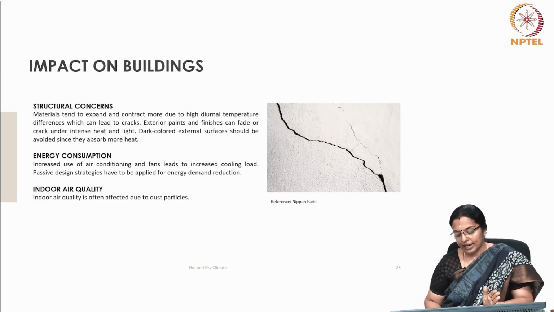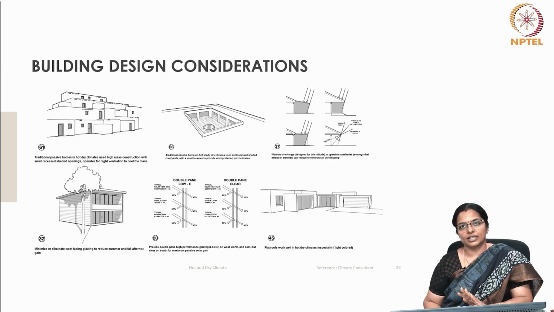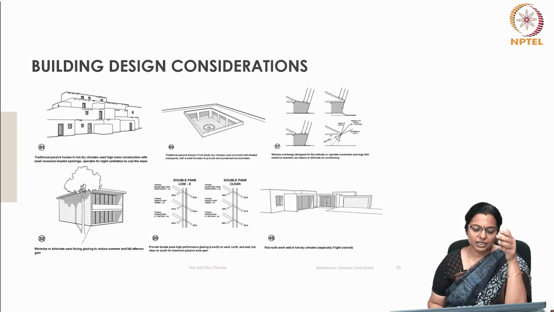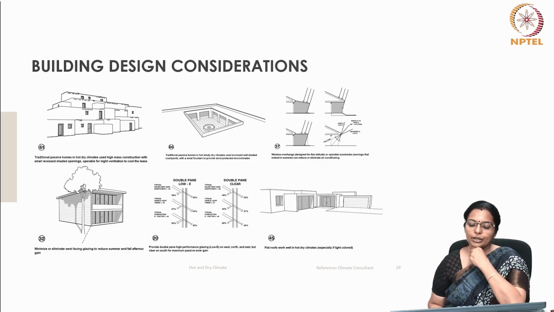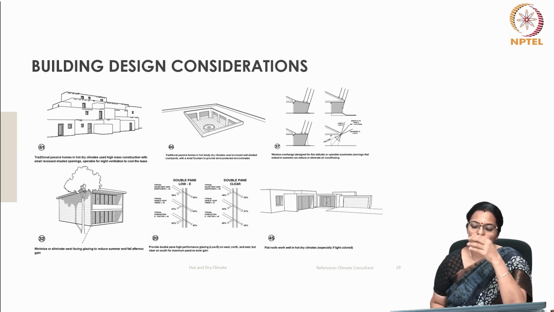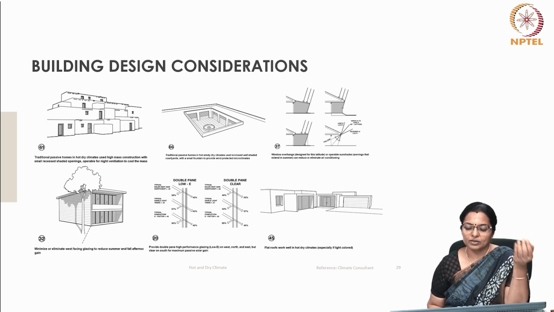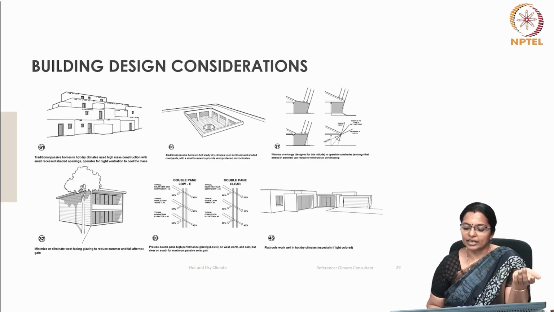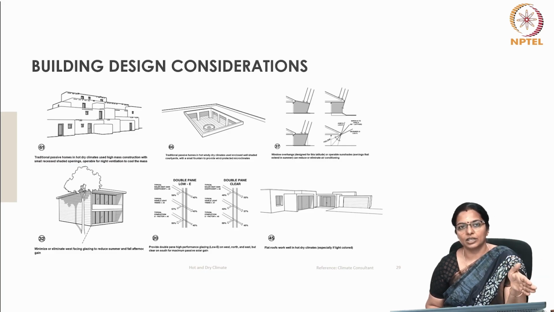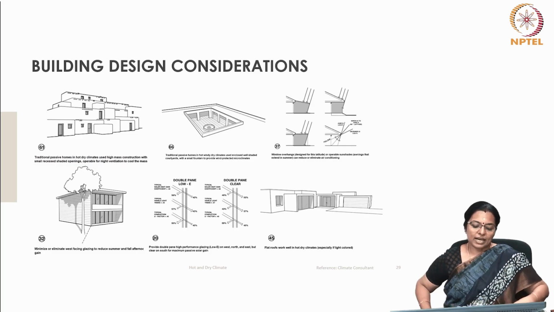Let us now briefly and broadly see the building design considerations. Traditionally, passive homes in hot, dry climate use high mass construction with small, recessed, shaded openings. The traditional passive homes in hot, windy, dry climate use enclosed wall shaded courtyards with a small water body or fountains in the center. Window overhangs, which are designed for this latitude, and operable sunshades can reduce the load on air conditioning. Minimizing or eliminating west